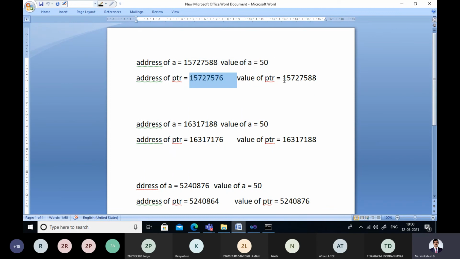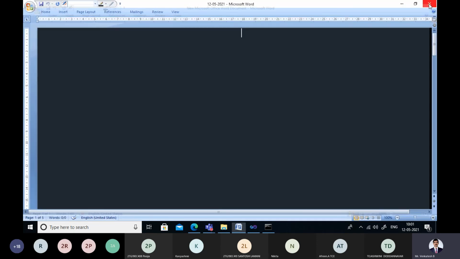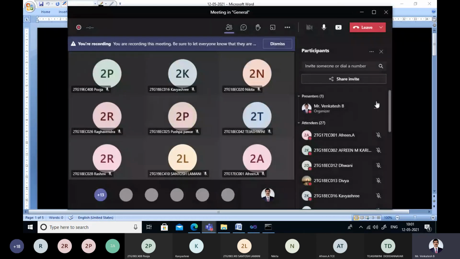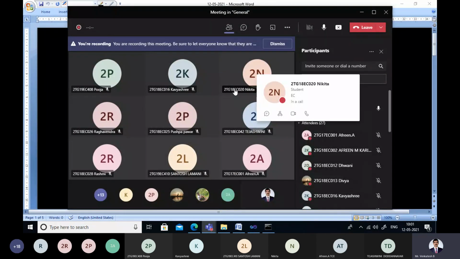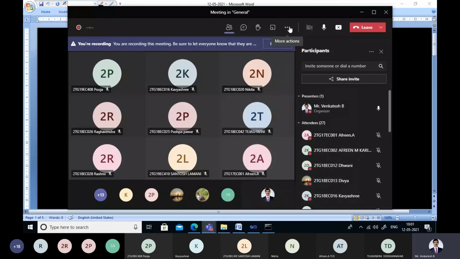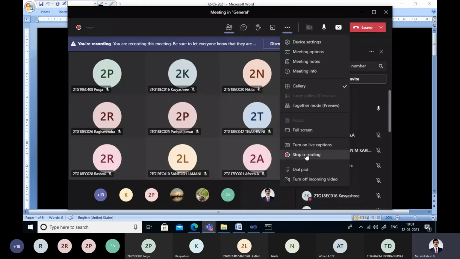But what is the value present at PTR? This one. So this and this are the same. The address of A is contained within PTR. This helps us know the fact that pointers are usually used for storing addresses of other variables. So this was the concept, because we will always use pointers in the remaining modules. That will be a very essential part of understanding programming.